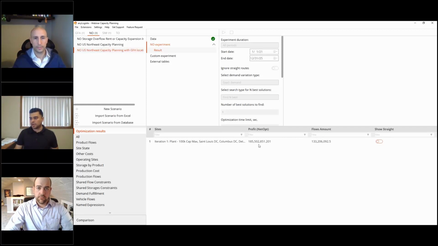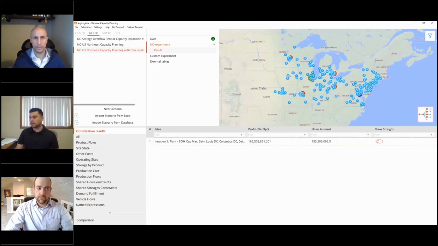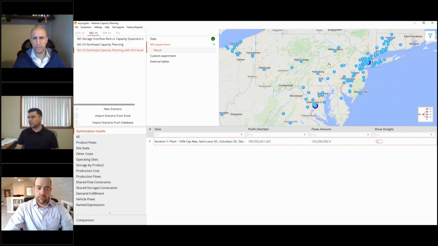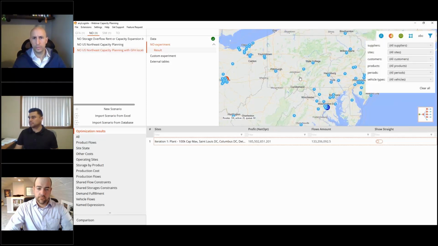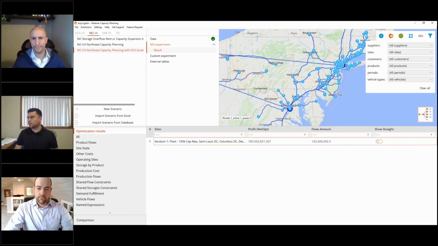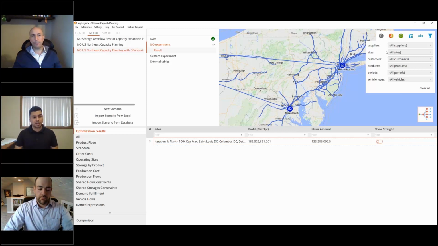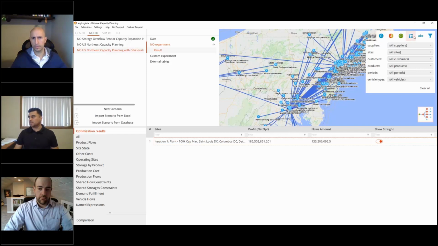Right. So we have a profit of 185 million, and the two suggested locations. Yep, these are the winners. All right. So the winners, to keep it simple, are Alexandria and New York City, based on the cost perspective. Obviously, we could add more detail, like property taxes, and maybe that could change a bit. But just based on what we have, these are the two optimal locations that we can deal with.